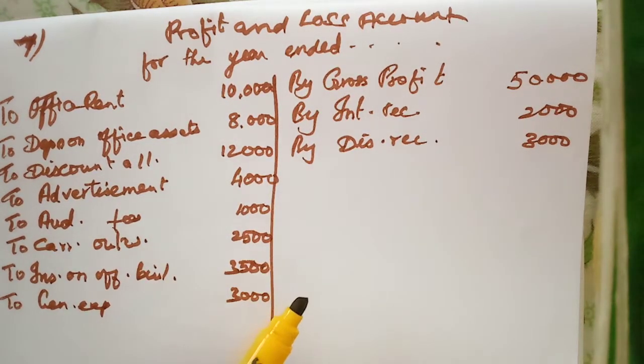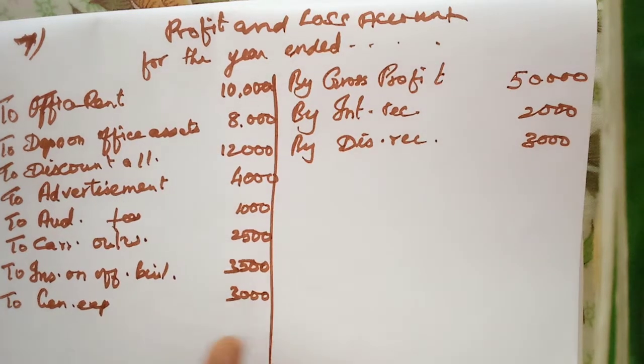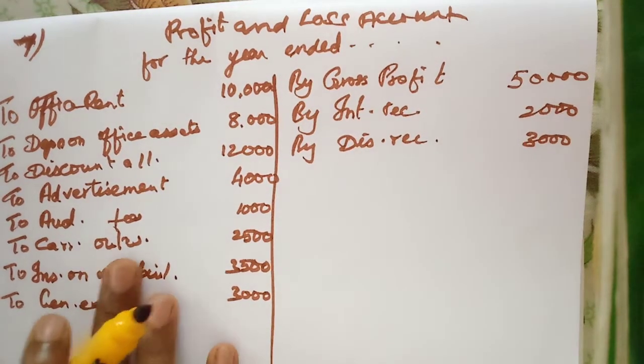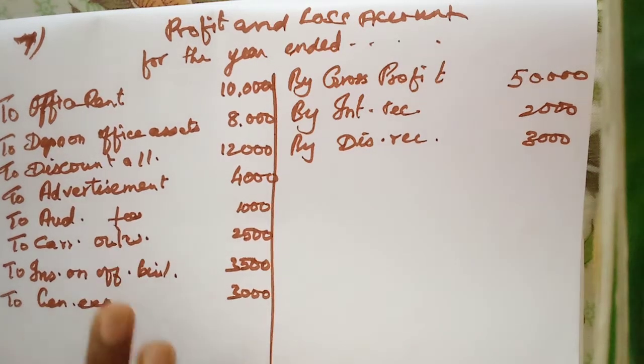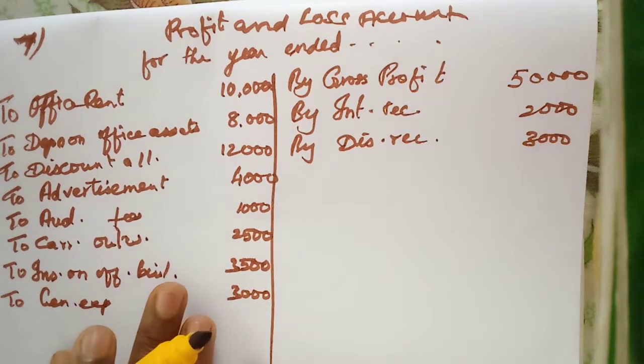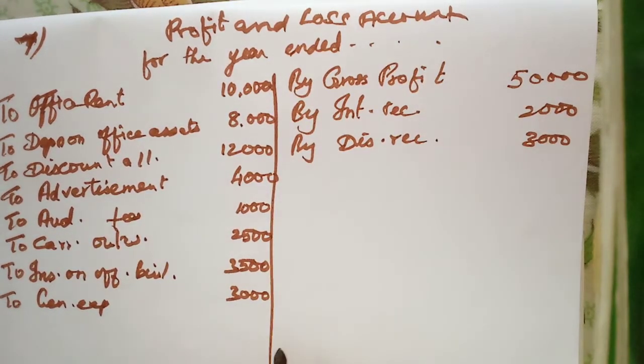Freight inward is a direct expense, isn't it? That means carriage inward. Carriage outward is an indirect expense, but carriage inward is a direct expense. Okay, it will not appear. Just to confuse you, they have given that item. If you write all the items, you will get the wrong answer. For that purpose only they have given. Whether you know everything thoroughly, they want to check you.